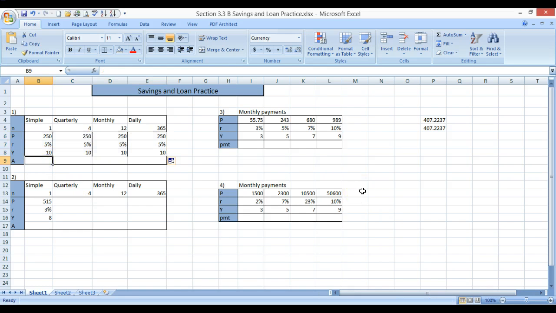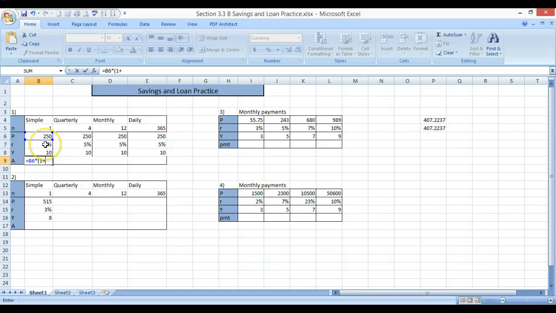So now I just need to use Excel. In this case, instead of typing in numbers like I did over here, I'm going to cell reference. So this one, remember the equation. If not, then have it close at hand so that you can reference back to it. So I'm going to press equals, and the equation says P, so I'm going to reference the principal, then times parenthesis